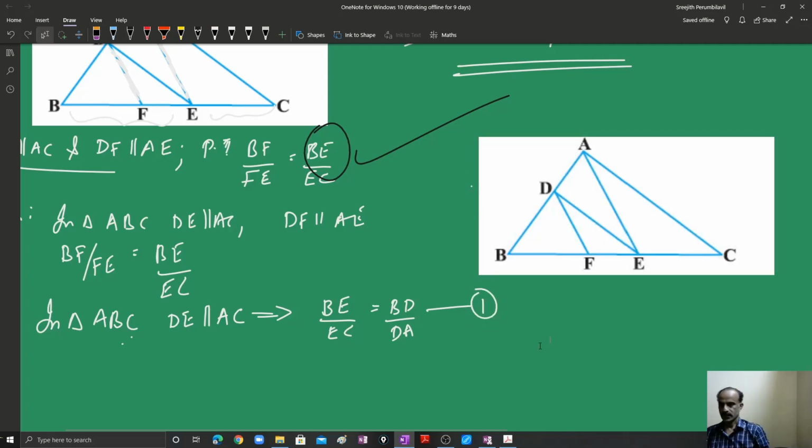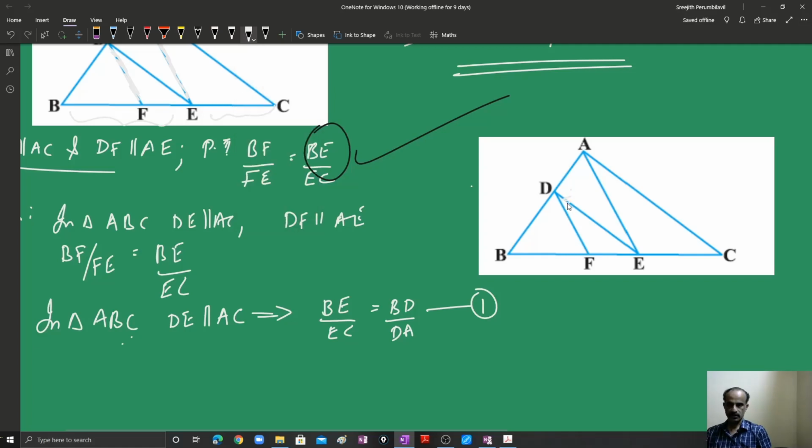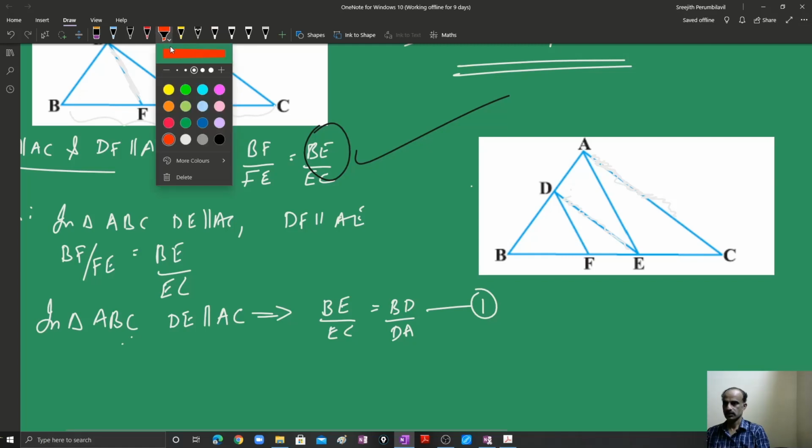Second part. Okay. Then what else is given? That DF is parallel to AC. I am just removing the other part. DF is parallel to